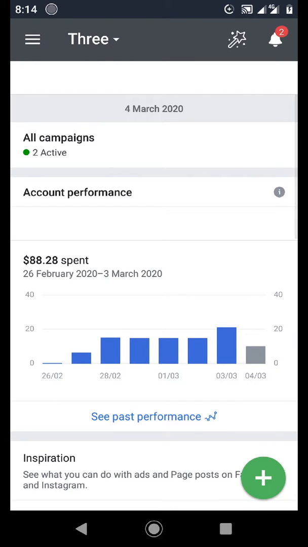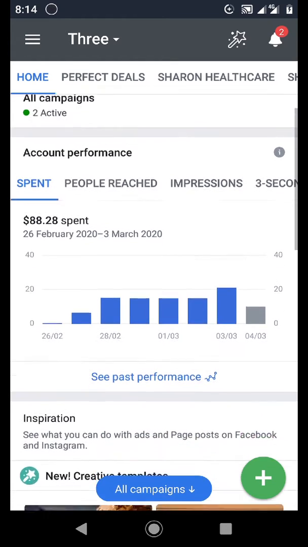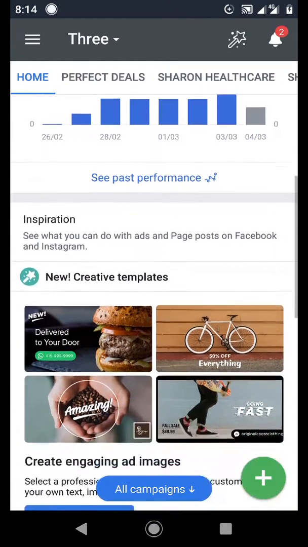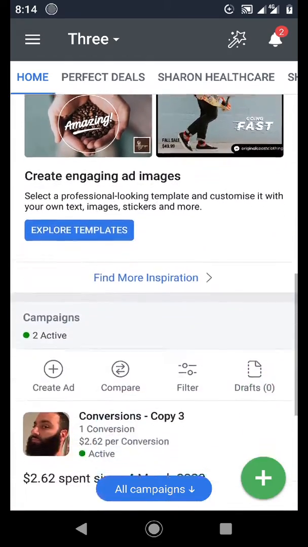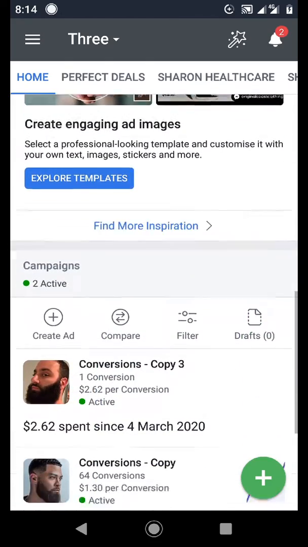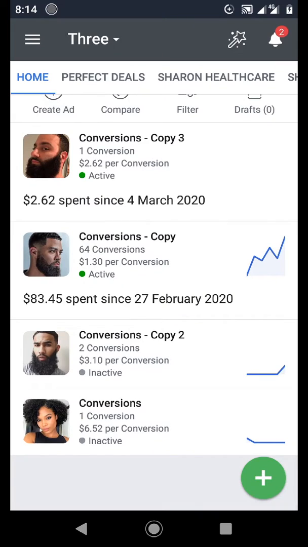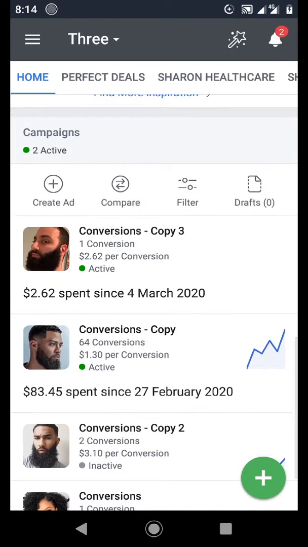So in this video I will be talking about and explaining the 1 to 2% click-through rate strategy. I will be making use of this live campaign. You can see there are some campaigns I switched off. There are two that are currently still running, testing different stuff. So I'm just going to pick one of these campaigns,